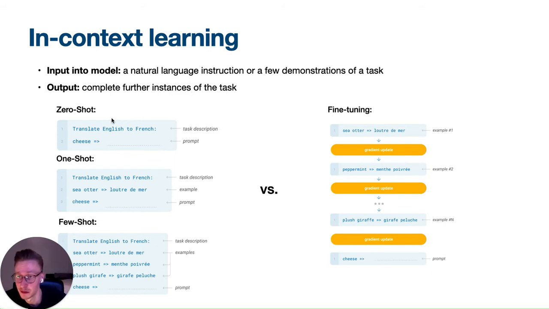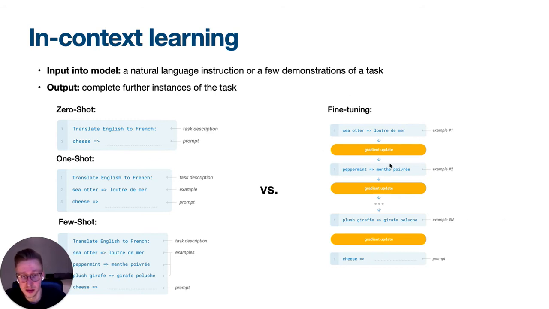And this can be done in different fashions. This can be done in, for example, the zero, the one shot, and the few shot setting. For the zero shot one, there are no examples necessary. So you just give the task description to the model, for example here, translate English to French, and then you put the prompt into the input called cheese, so it has to translate cheese. In the one-shot setting, the model gets at least one example, and in the few-shot setting, the model gets a few examples, basically 10 to 100, depending on how many you can fit into the context window of the model, which is 2048 tokens. We will talk about that in a second.